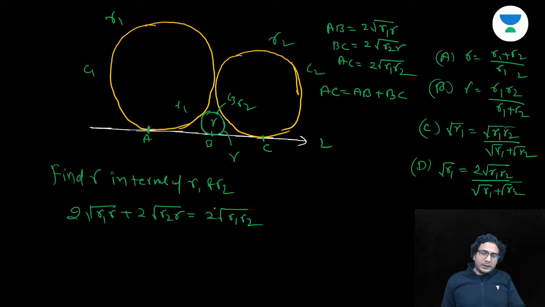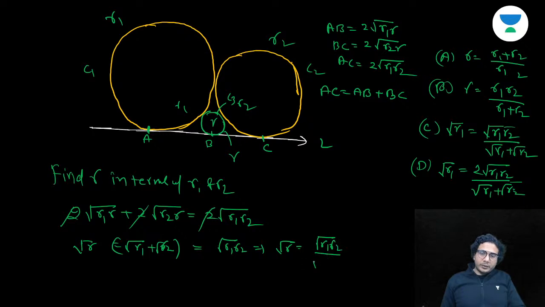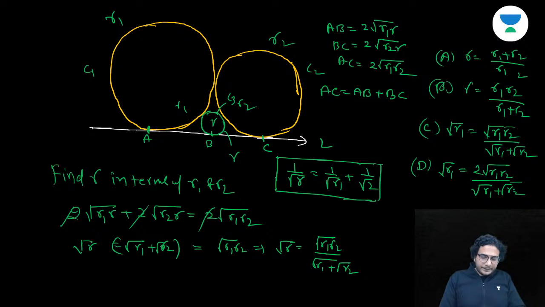And you can see this 2 will get cancelled, and then root of R is common, and it is going to be root of R times root of R1 plus root of R2 is equal to root of R1 R2, and now you'll get root of R is equal to root of R1 R2 upon root of R1 plus root of R2. In fact, you can also write this result as 1 upon root R is equal to 1 upon root R1 plus 1 upon root R2. This year only there was a question based on this directly in the JEE Main January exam. Okay,